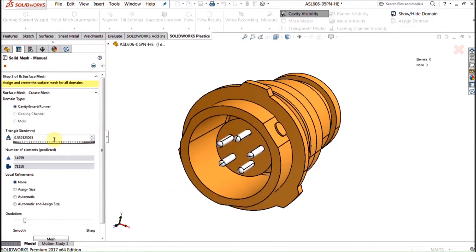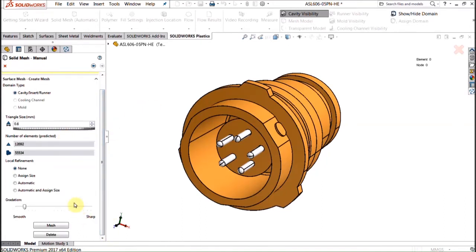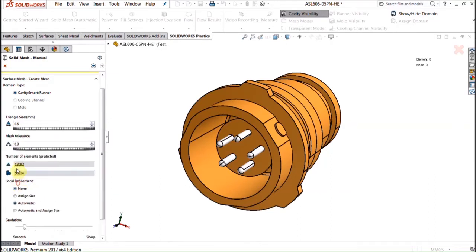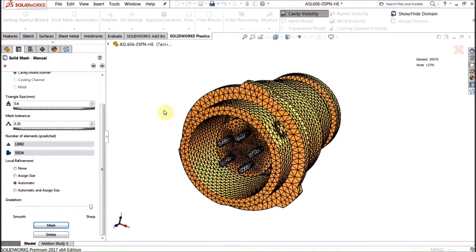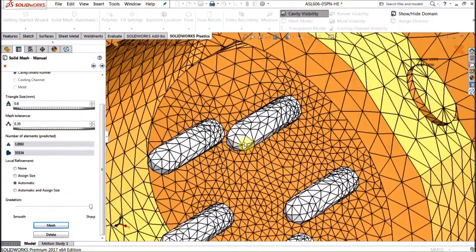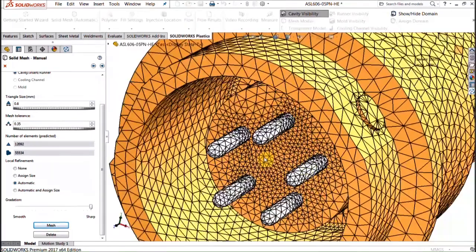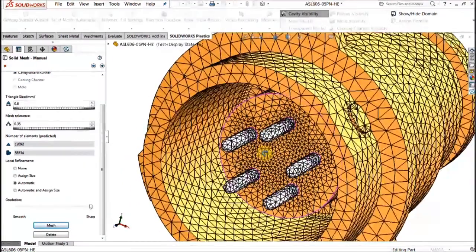So what we need to do here is plug in some mesh settings. We could use the default triangle size, of course, or we could change it. And what's most important is that SOLIDWORKS Plastics lets us use what's called automatic refinement, where I can plug in a sort of a tolerance value here and choose how smoothly I want the mesh to refine itself in different areas. And that will visualize automatically for me where the smaller, more detailed features are in this part, and reduce the element size appropriately. You can see that it's added in a lot more elements around these pins to properly capture their circular shape